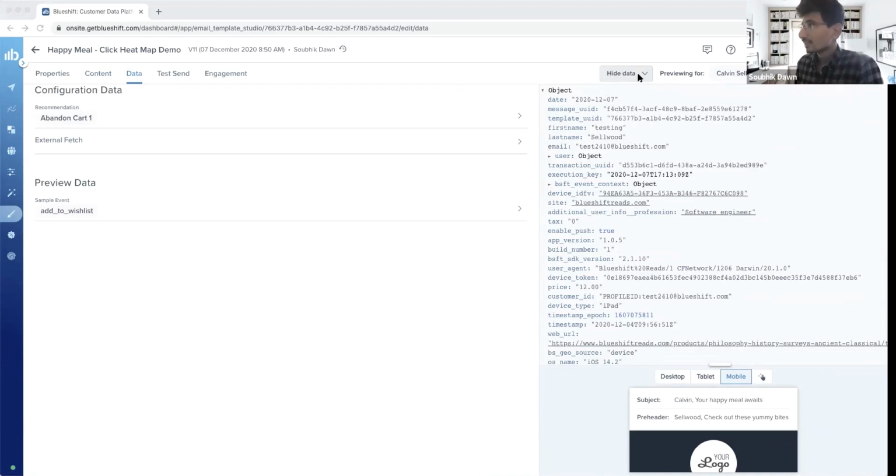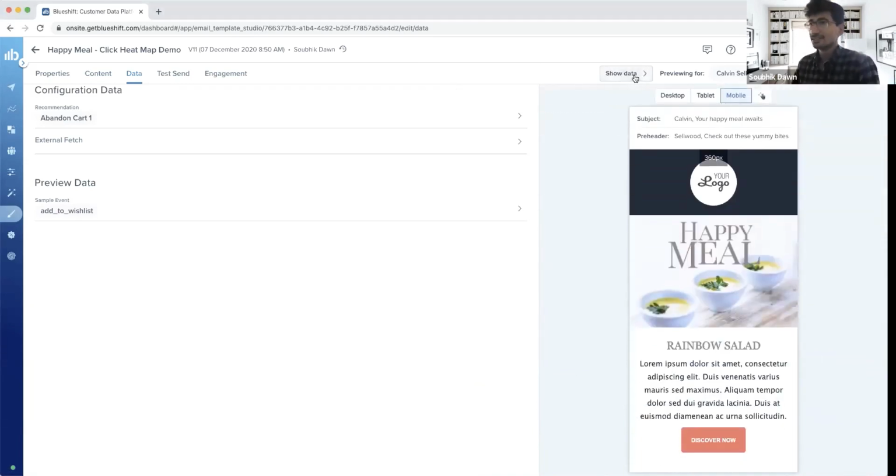So let's hide this. The next thing is, once you've added all your content, you would like to preview it, right? And the first thing about previewing is you want to find a user for previewing your content. If you remember what you had to do in the older studio, you would have to find a user from the customer attributes feature,